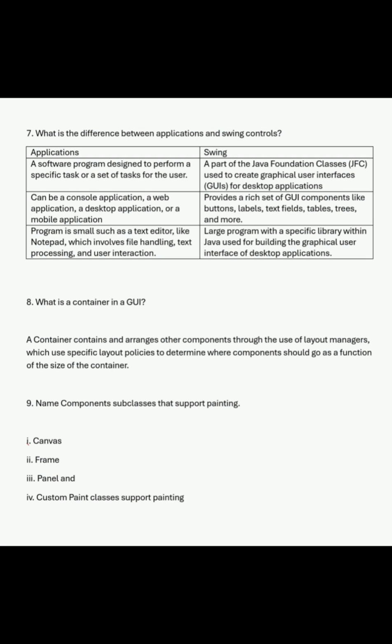7. What is the difference between applications and Swing controls? Applications: a software program designed to perform a specific task or a set of tasks for the user. Swing: a part of the Java Foundation Classes, JFC, used to create graphical user interfaces, GUIs, for desktop applications.